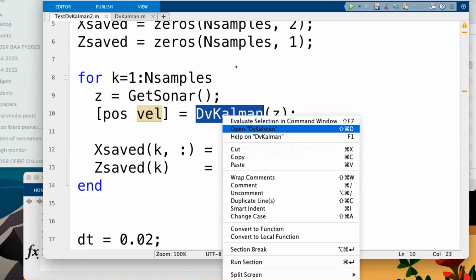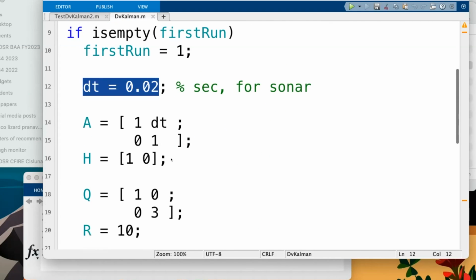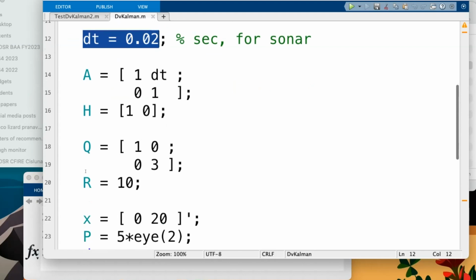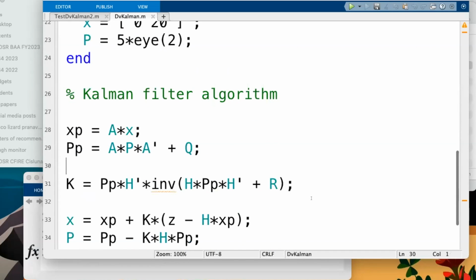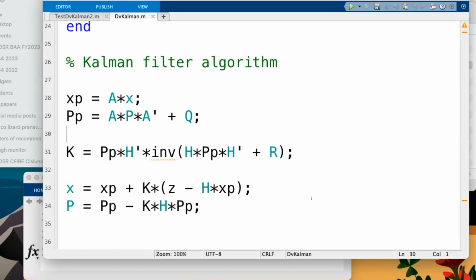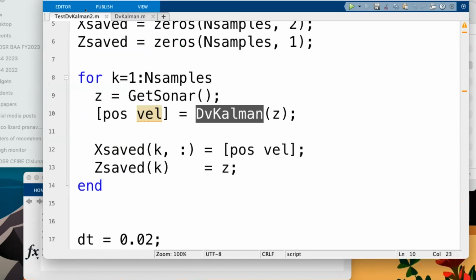When you first run, this says that the dt is 0.02. Here's the A matrix. Here's the H matrix. Q, R, the initial X guess and the initial P guess. And then everything below this is just the Kalman filter algorithm. Haven't really changed it. And then this spits out the position and the velocity. So if I run this,